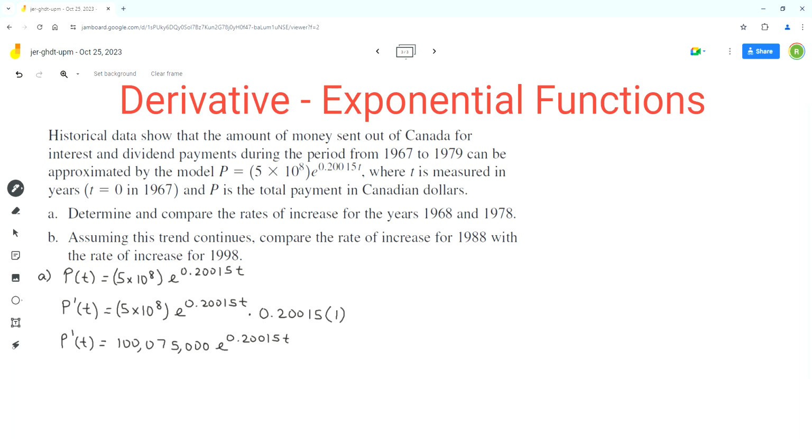Let's start with 1968. The reference year is 1967, so for 1968, we'll have to sub in t as 1. So we calculate P prime of 1 equals